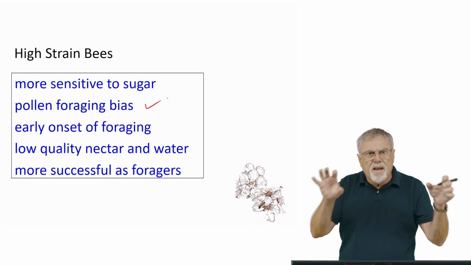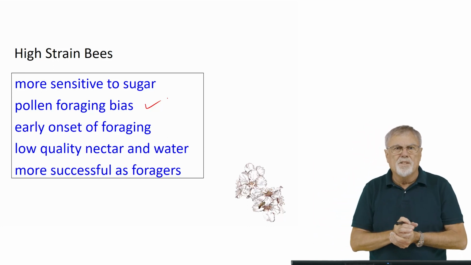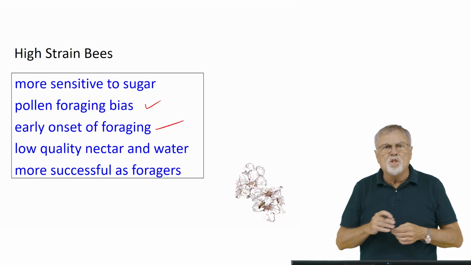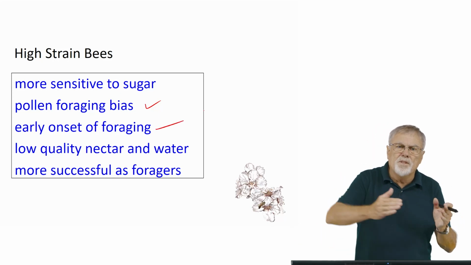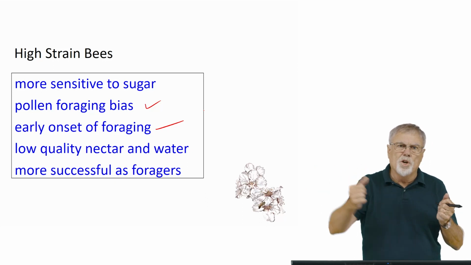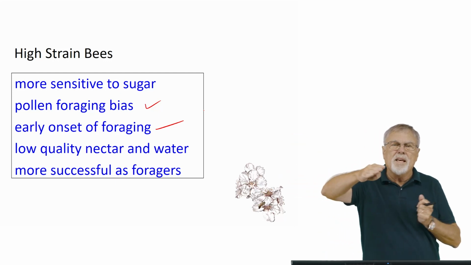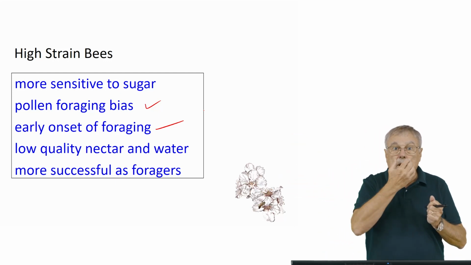So we measured that in all these bees, and we found that the high-strain bees had a pollen foraging bias. They also initiated foraging earlier in life. Remember the slide where I showed the age-related polyethism, the changes in behavior that occur? That transition to the onset of foraging takes place at a younger age in the high-strain bees than it does